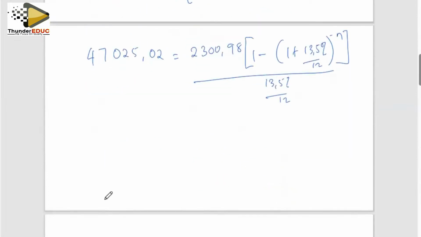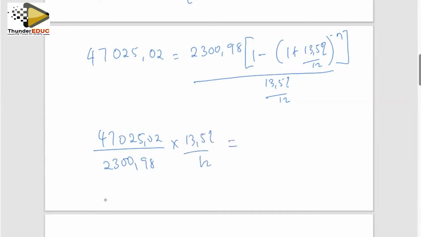So I'm going to multiply both sides by this and divide. So 47,025.02 divided by 23.98 multiplied by 13.5% over 12 must give me 1 minus this entire thing. And I simplify that, getting 1.01125 with the exponent of negative n. Simplifying this whole thing is giving me,